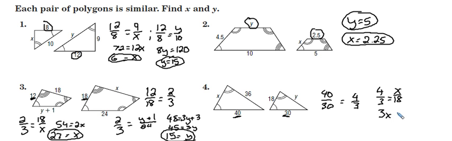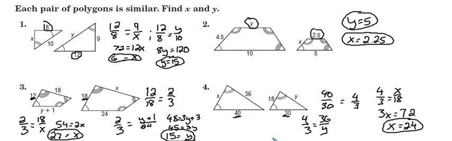3 times x is 3x. And 18 times 4 gives us 72. And then if we divide both sides by 3, we get 24. So x is 24. For y, same ratio, 4 to 3,